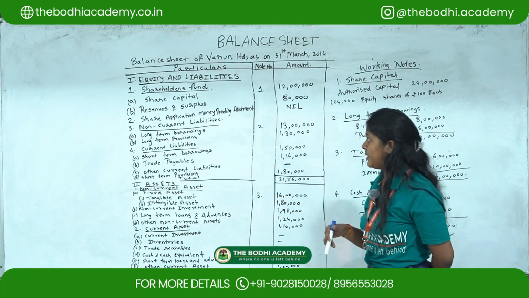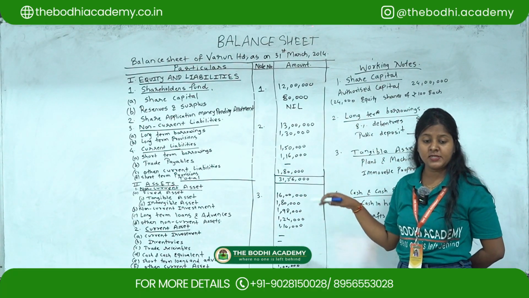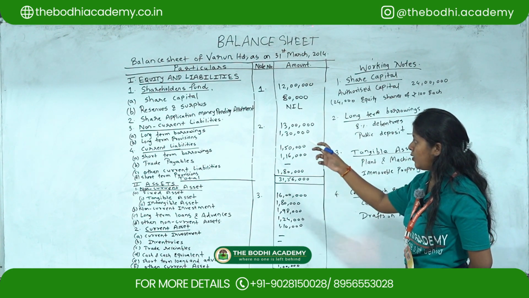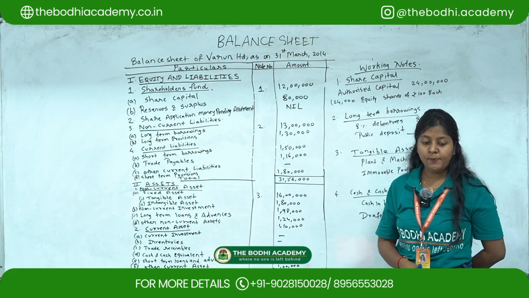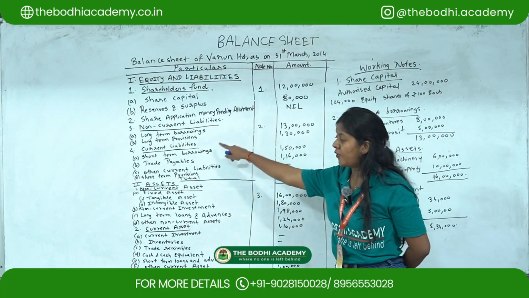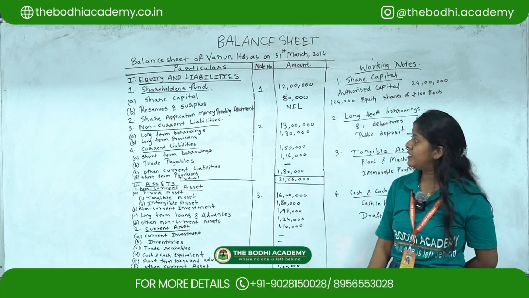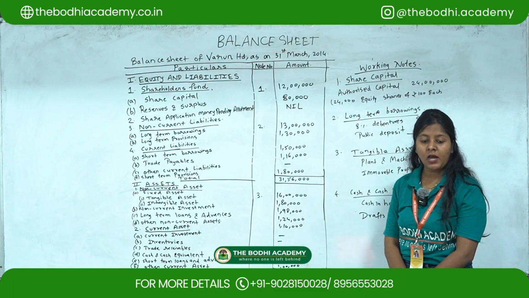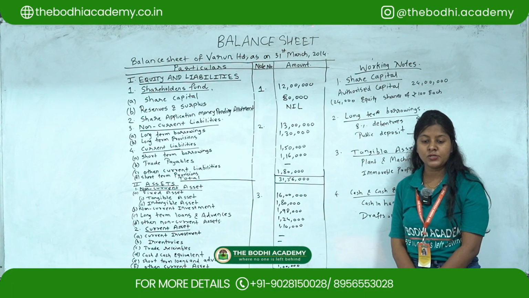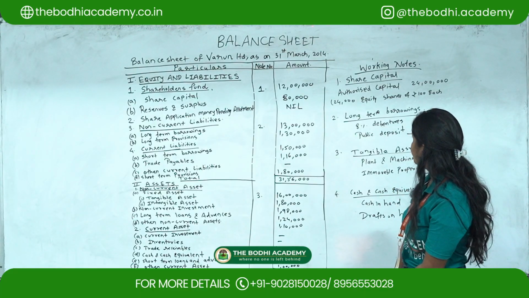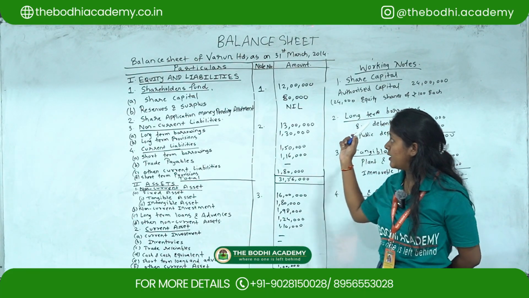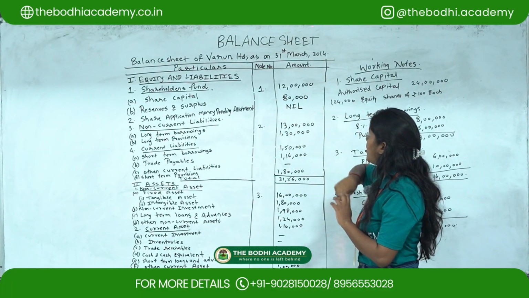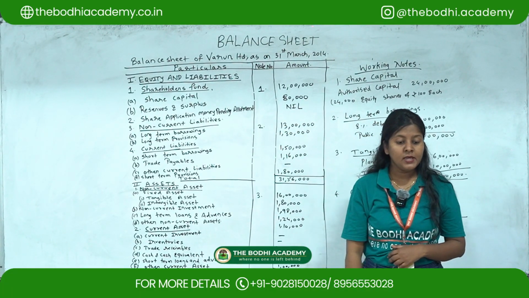So now first we'll discuss the liability part and we'll see 8% debentures. 8% debentures will come under long-term borrowings. Then employees provident fund is a part of long-term provision. Securities premium comes under reserves and surplus. Then 24,000 fully paid equity shares of rupees 100 each, 50 is called up, so you have to prepare a working note for that. But they have given the direct amount as 12 lakhs. So for the direct amount you have to take 12 lakhs. Okay. Then